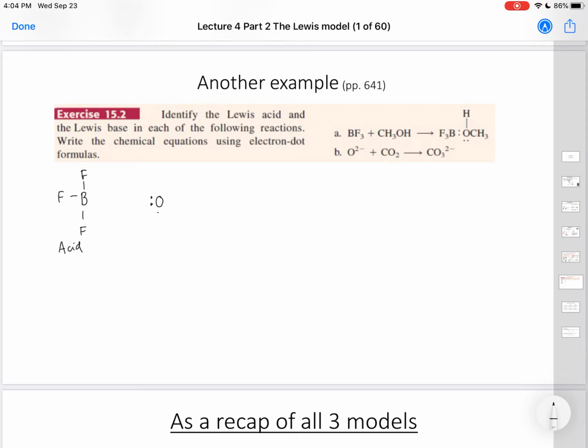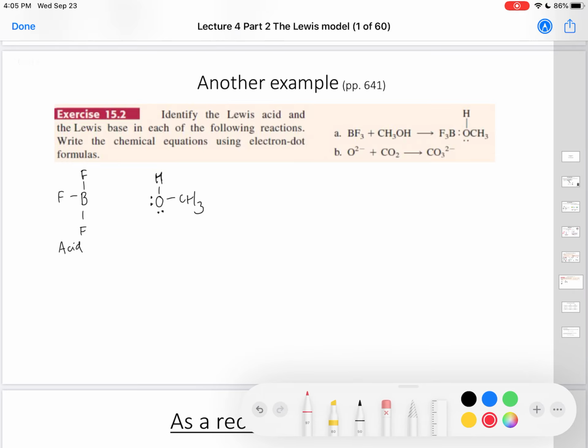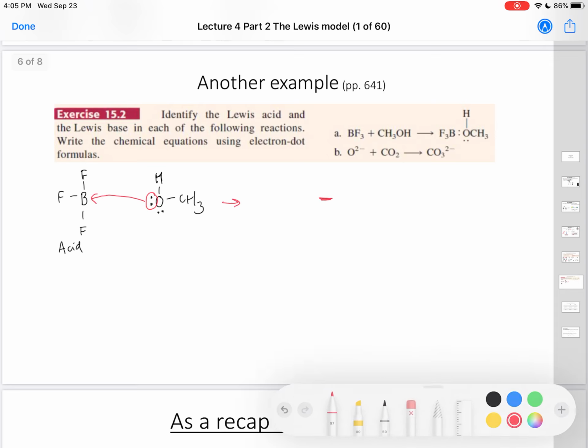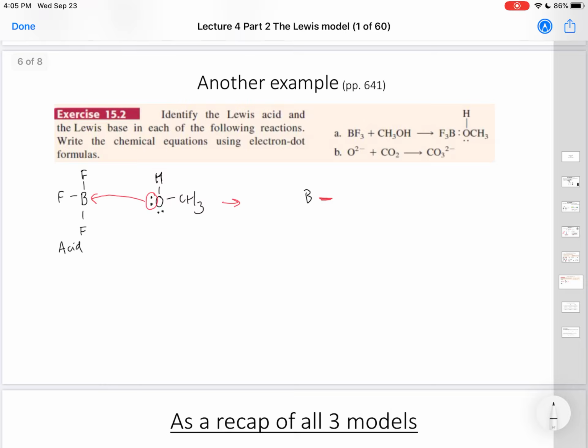So I'm going to again draw it suggestively. I'm going to draw it so it makes it easier for you to see where the bond is being formed, because this lone pair is going to form a bond with this boron. And so what does it form? It forms a new bond. On one side of that bond is your boron, and on the other side is your oxygen. The oxygen still has the lone pair, it's still got the hydrogen, still got the CH3. And on the boron, of course, you have your 3 fluorines,